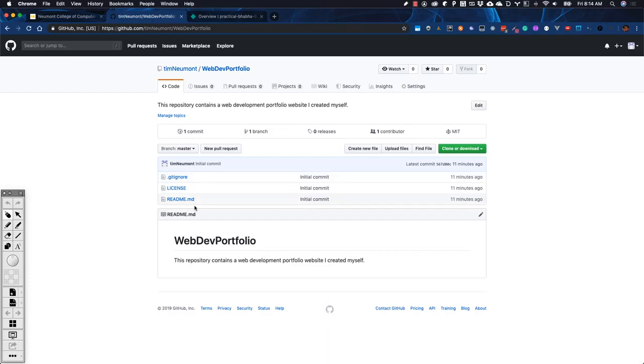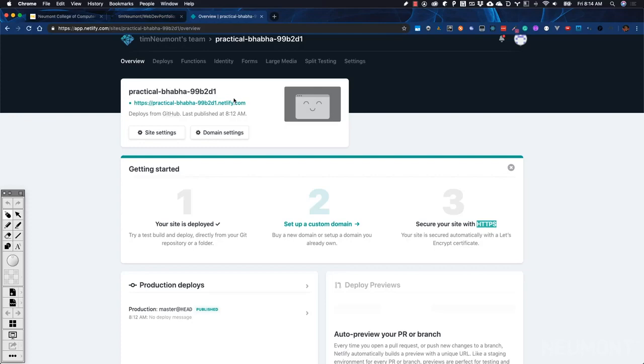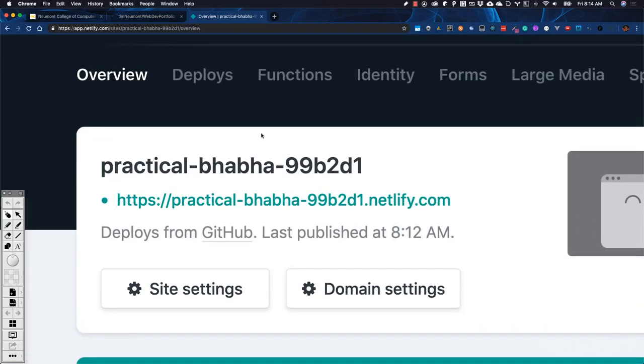And right here you'll see no deploy message, they published head, but if we go back and we look at our portfolio, because we have a bare bones repository and it doesn't have an index.html, the reality is that although this got deployed, the web server isn't going to have anything for us to view. So if we copy this URL right here